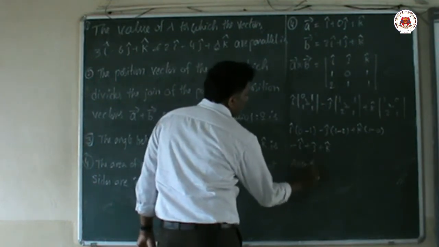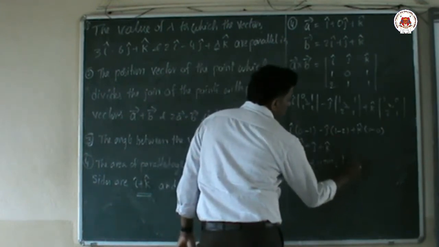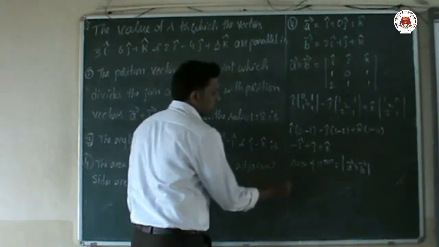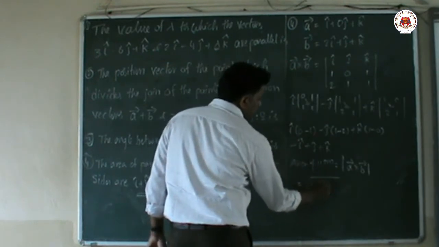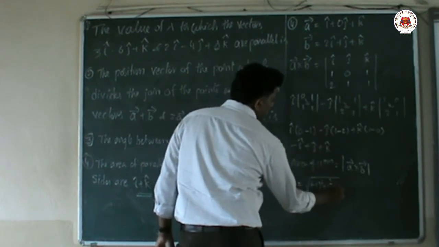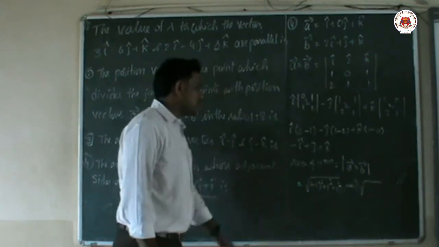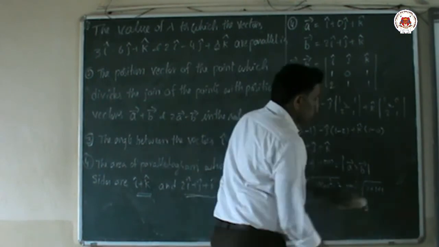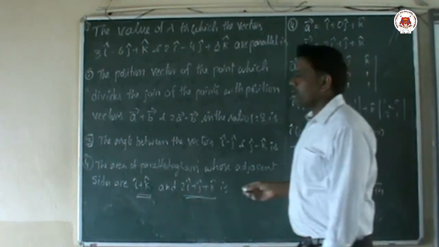So, the area of a parallelogram formula is the mod of vector A cross vector B. So we have to find the mod. Mod is nothing but magnitude. So how to find it: square root of the i component squared, that is minus 1 squared, plus j component squared, 1 squared, plus k component squared, 1 squared. So the answer is 1 plus 1 plus 1, which is root 3. The answer is root 3, and this is the area of the parallelogram.